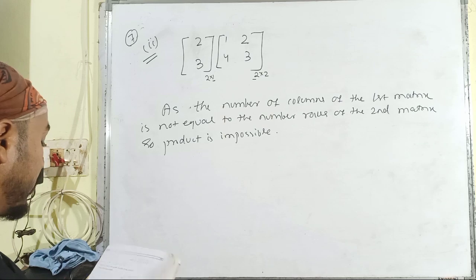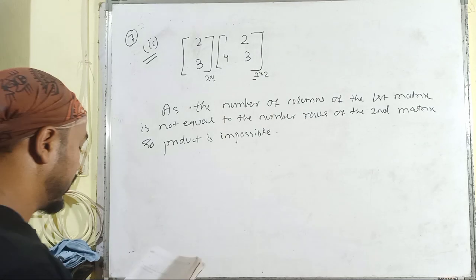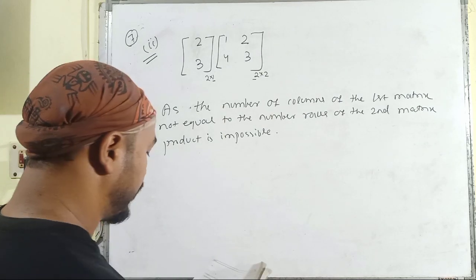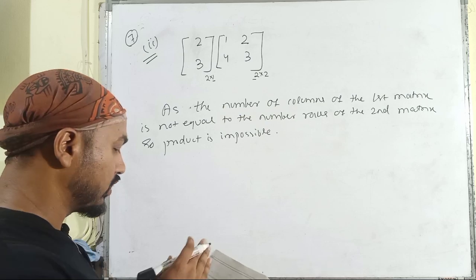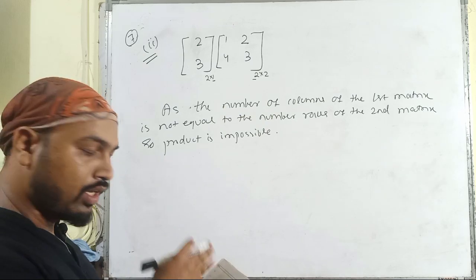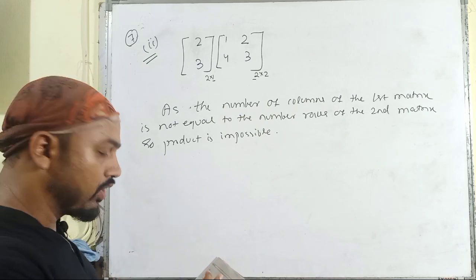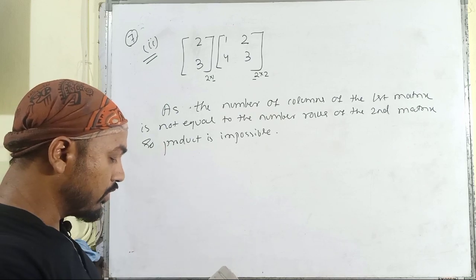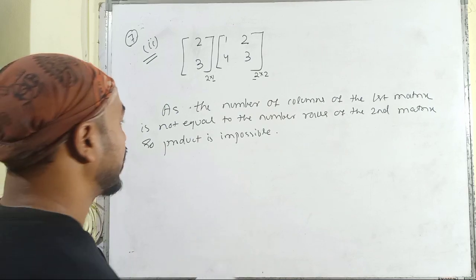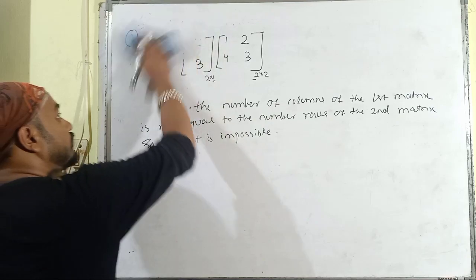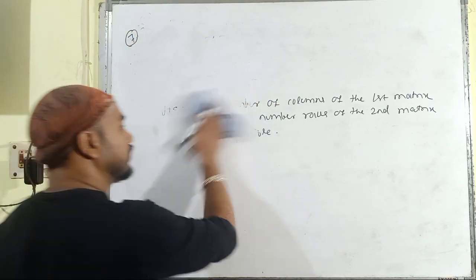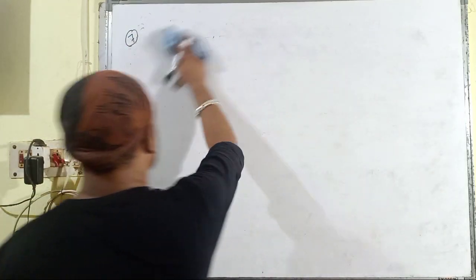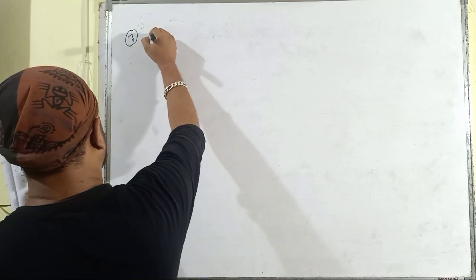Then let us go through another product, and then the rest of the problems will be tasked for you. The rest of the problems of number 7, the problems of number 8, and all of the problems of number 9 will be tasked for you. It is the third bit.